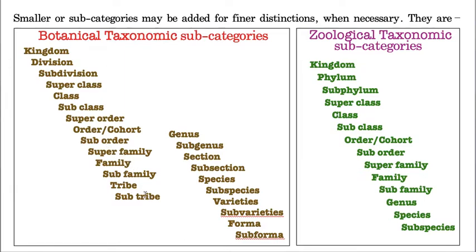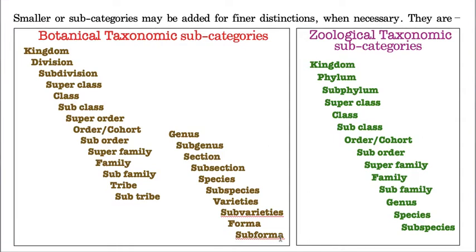tribe, and subtribe. See, above family there is superfamily, and below it subfamily, tribe, and subtribe. And genus, again in genus there is a finest level. Genus is again divided into subgenus, section, subsection. See how detailed they are making the classification. Did you notice it or not? Again species, the last one, the seventh one: subspecies, varieties, and even subvarieties, forma, and also subforma. So this is the detailed classification.